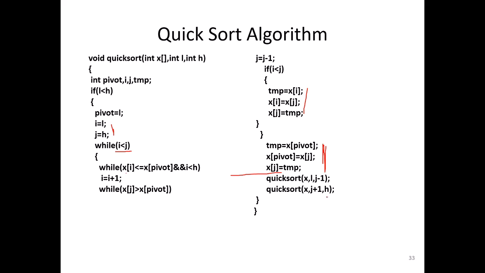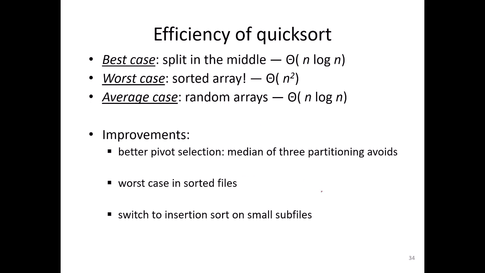This algorithm is very useful. The running time of this algorithm in the best case is n log n, and in the worst case it is order of n squared. If the array always splits the data in the middle position, that is equally split, the running time will be n log n. In the worst case, if you input a sorted array, the array is not equally split, and at that time the running time will be order of n squared. In the average case the running time is n log n.